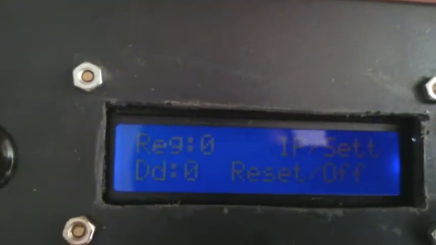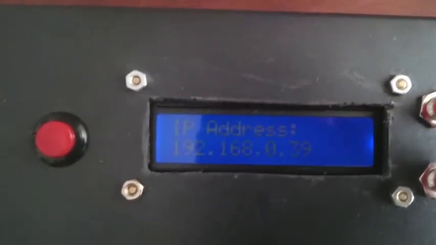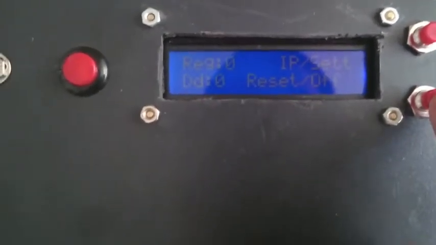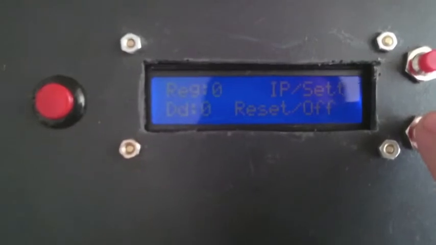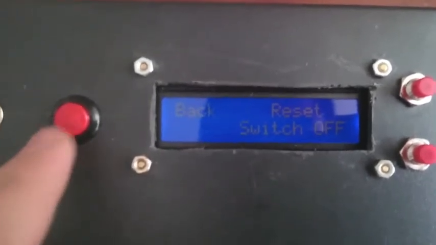So as you can see, at the start there's 0 dead fish, and this is reflected in the LCD, which is that there's 0 dead and 0 registered. And additionally, the LCD can also scroll through the settings and show the IP address of the Raspberry Pi so that it can be configured from another computer over SSH, and you can also switch the Pi off or reset all the registered values